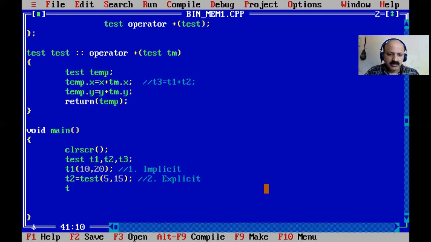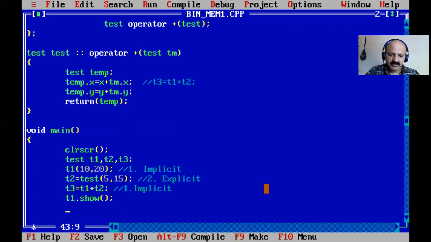So here I first write the implicit one. So t1 plus t2, so that technique is the first, the calling of our member, and that is an implicit call. And then we can call the show.